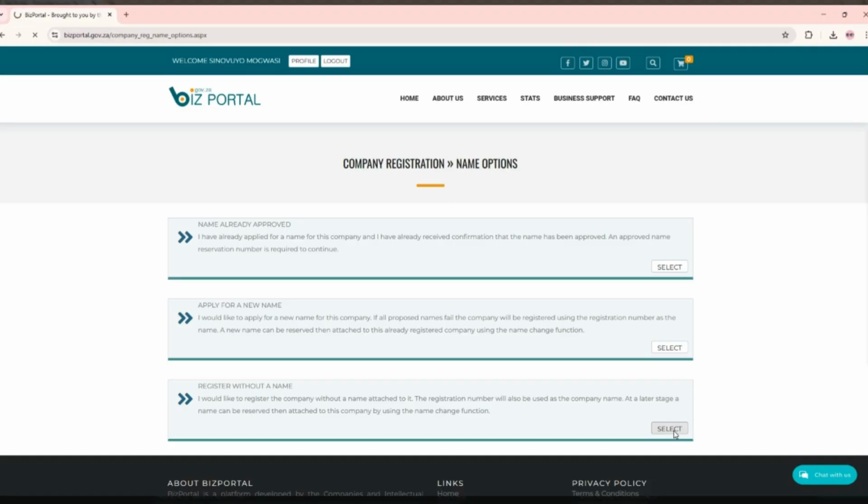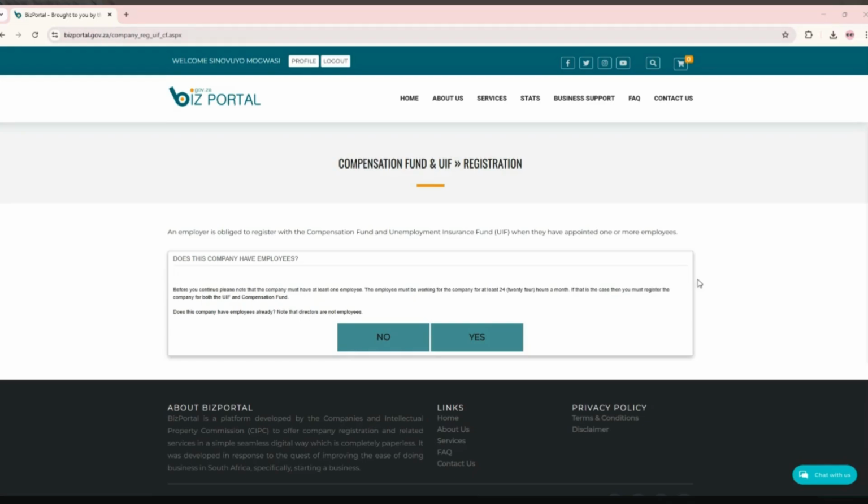Then you're going to come to this page. So here it's where you can register for compensation fund or UIF for your company. So it's going to ask you, does your company have employees? So you can choose yes or no. So my company doesn't have employees, it's just me. So I'll say no. Then it's going to take you to this page. So it's going to ask you if you want to apply for the